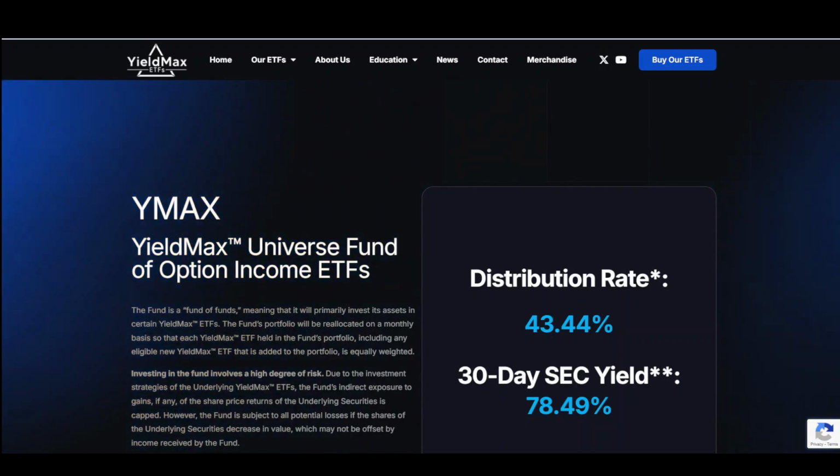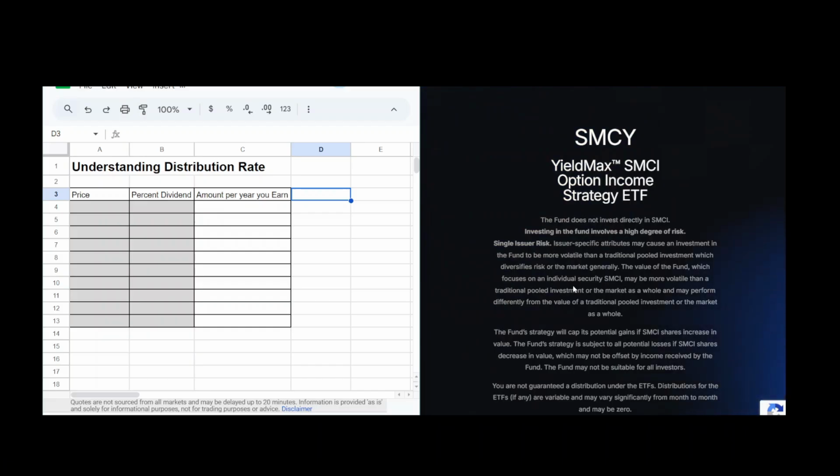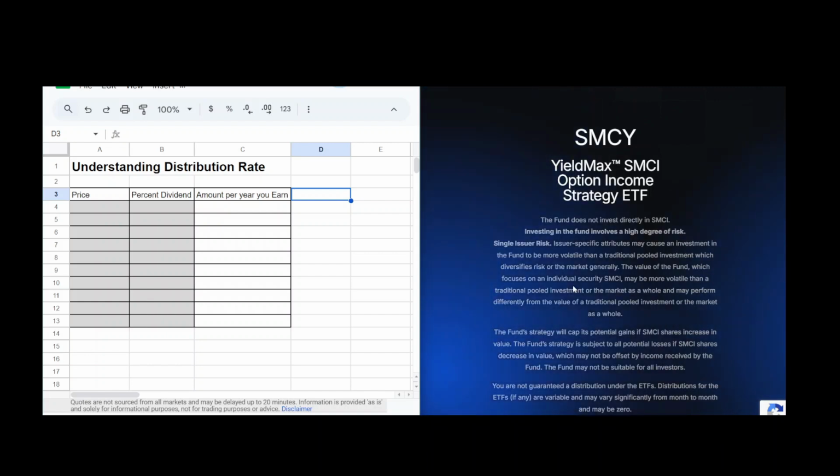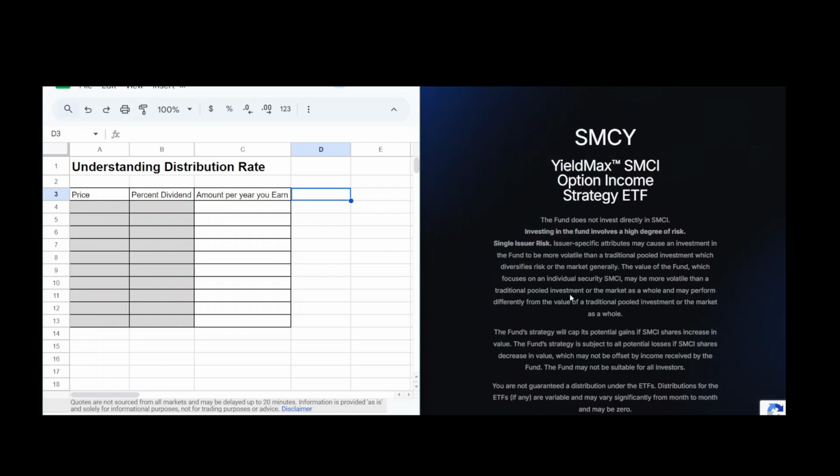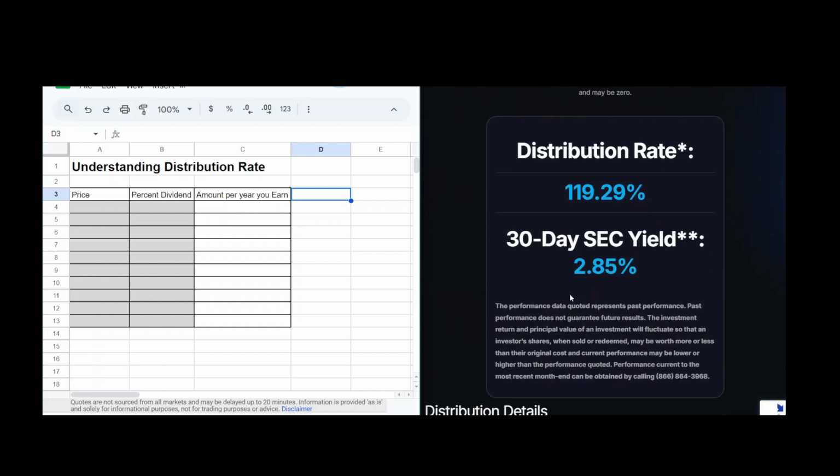So let's move over to my spreadsheet. Okay, so here we are on my spreadsheet. I'm doing a split screen here and I'm using SMCY just as an example, just because if you look here, scroll down, it has a distribution rate of